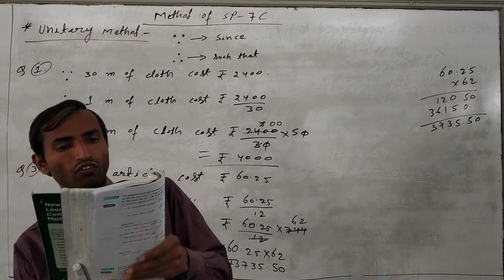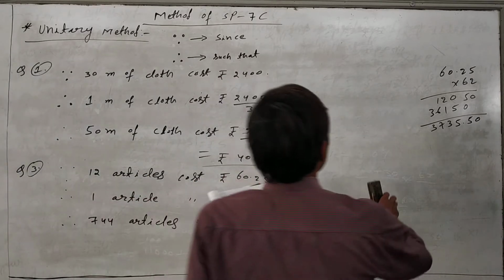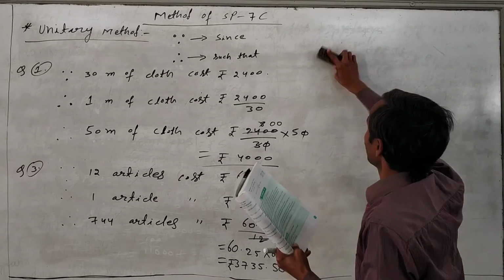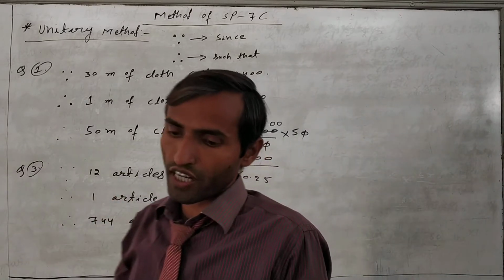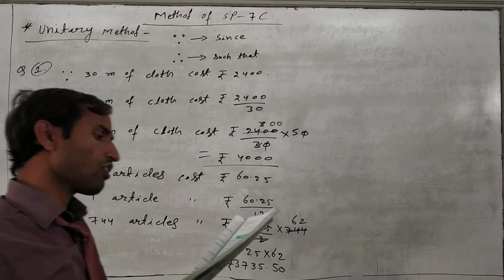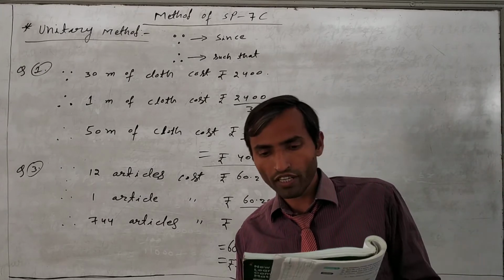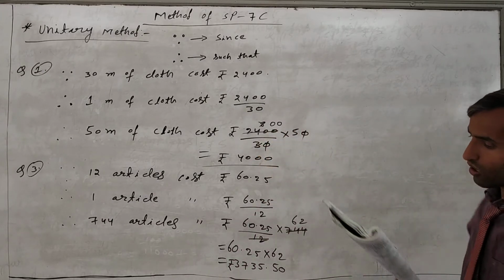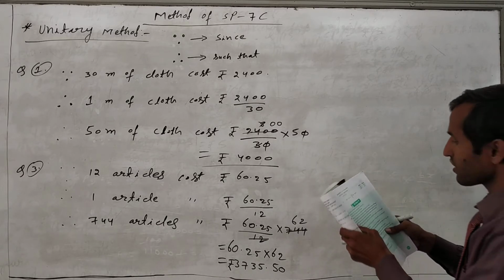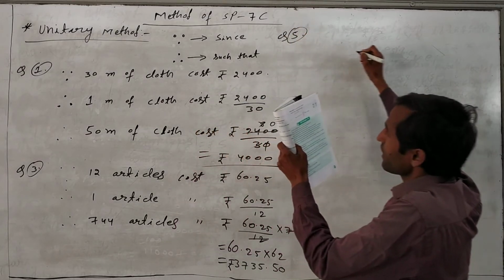All of you read question number 5 first of all. If a car goes 45 meters in 3 seconds, how far does it go in 5 seconds? And how long does it take in going 120 meters? So two parts are given in this. Just we will solve the first part of question number 5. Here, directly write down the same statement.